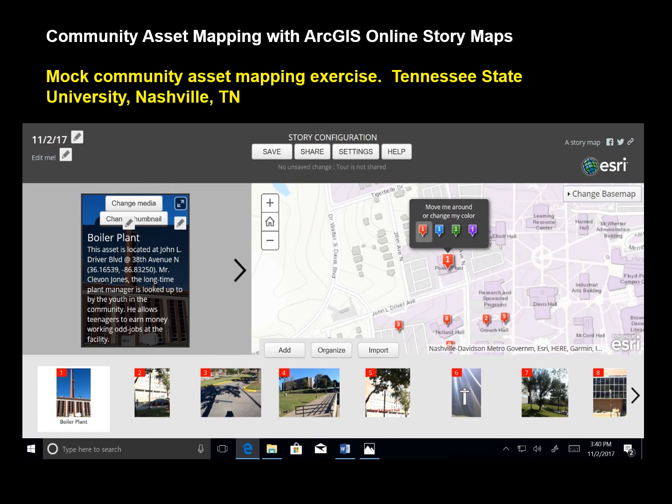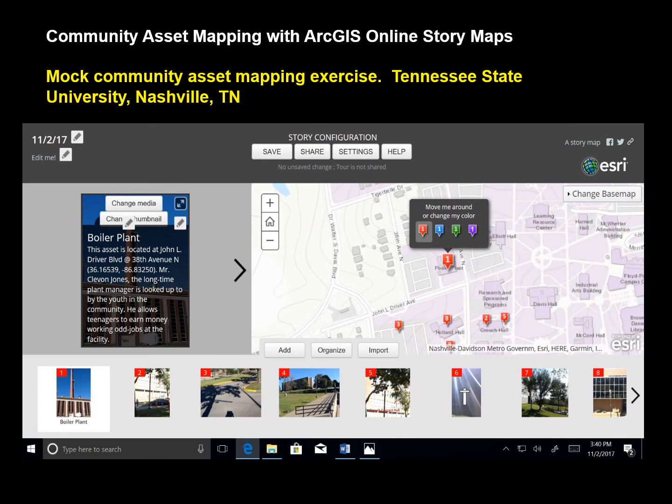If you have certain assets, you can really use story maps to tell the story of exactly why you decided that particular land feature is an asset, whereas people might not immediately understand why you selected that